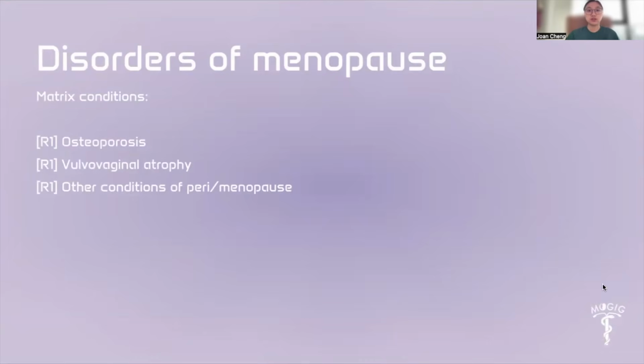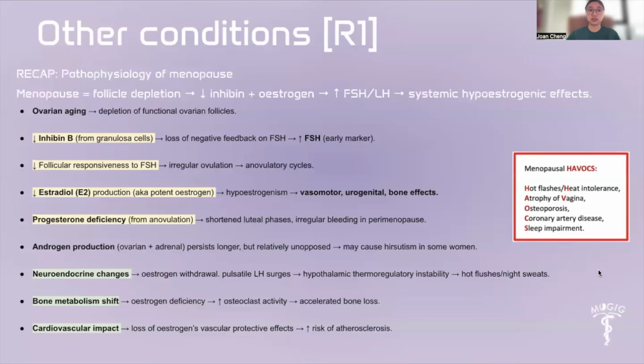Now we're moving on to the disorders of menopause. So you've got osteoporosis, vulvovaginal atrophy, and other conditions of perimenopause or menopause. And just a quick recap of the pathophysiology of menopause. Menopause essentially is a result of follicular depletion due to aging, and that can reduce your inhibin and estrogen. And on the HPA axis, that will increase your FSH and LH, and that will cause systemic